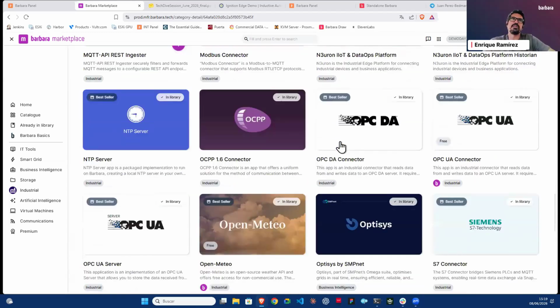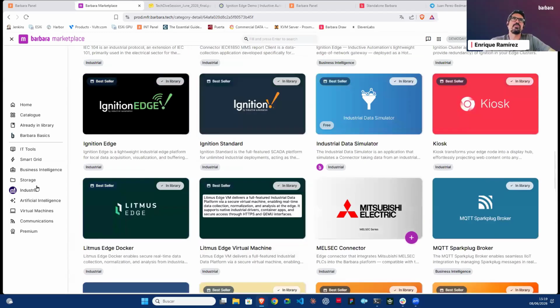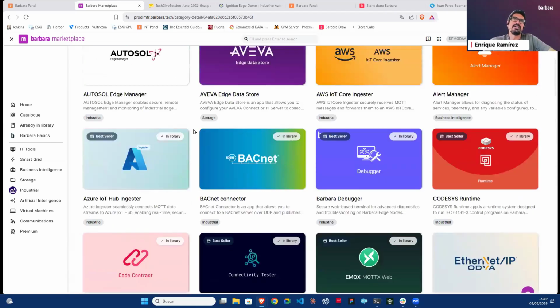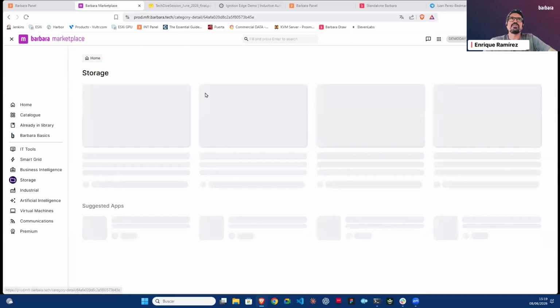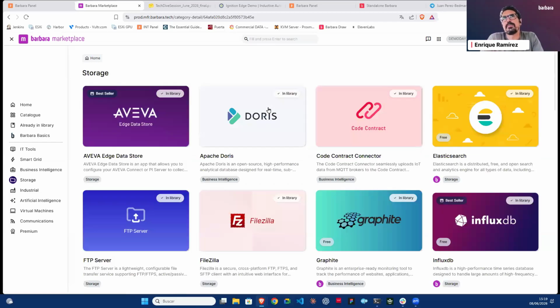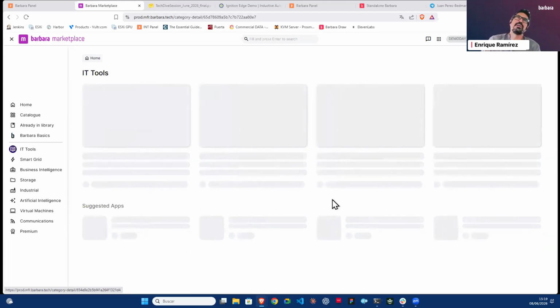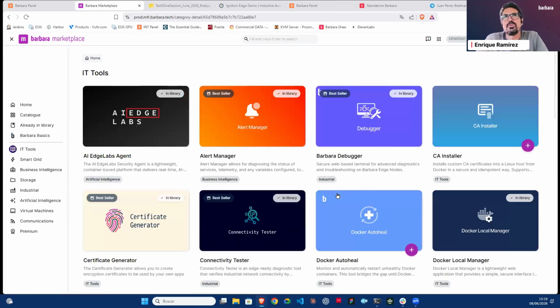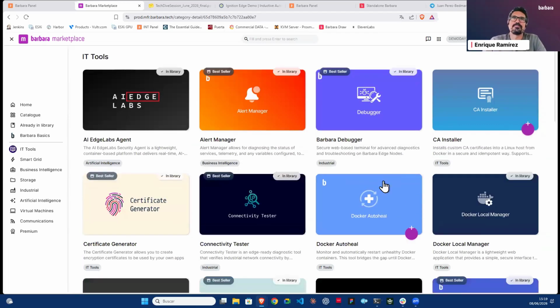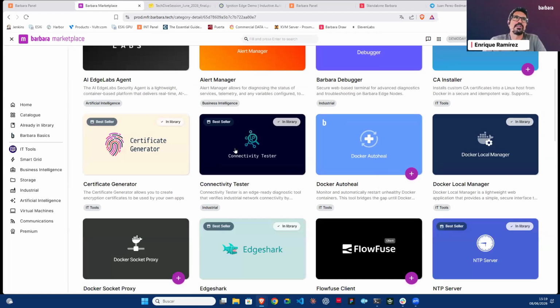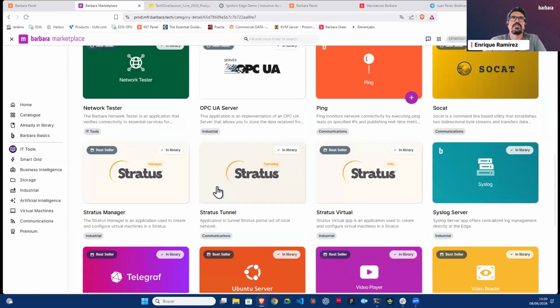Here you have all these possibilities, integration with Neuron, integration with Litmus, with Ignition, with Aveva, a lot of different possibilities here, okay? Then we have the storage solution that contains normally databases that you can use to store the information in the edge node. You will find the business intelligence category with applications that allow you to process, analyze and visualize the data. We have an IT tool category with plenty of different applications that allow you to debug or use certificates or check the health of your application locally, connectivity tester, well, a lot of different possibilities here